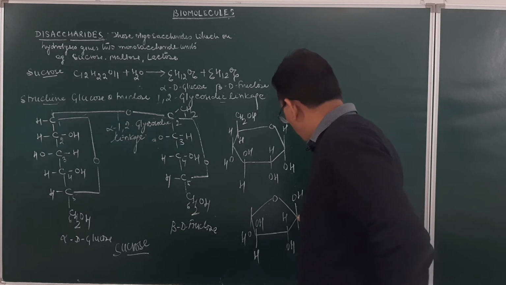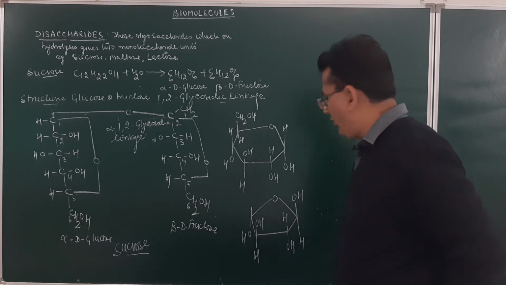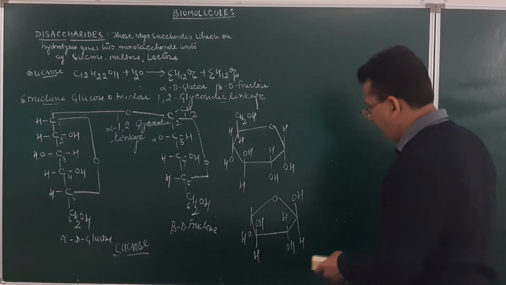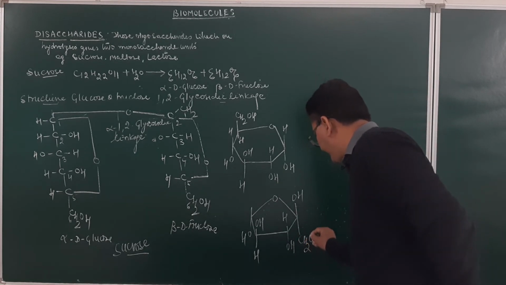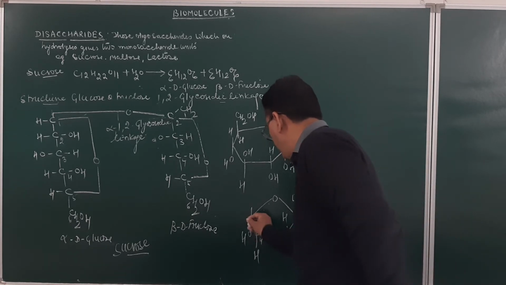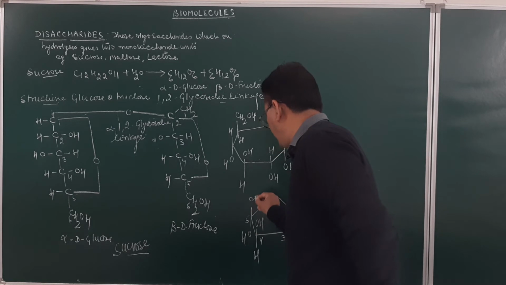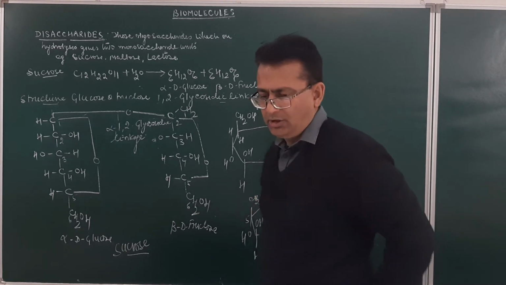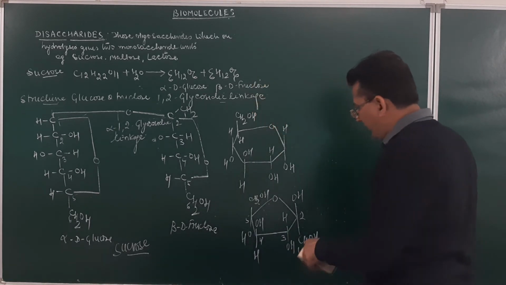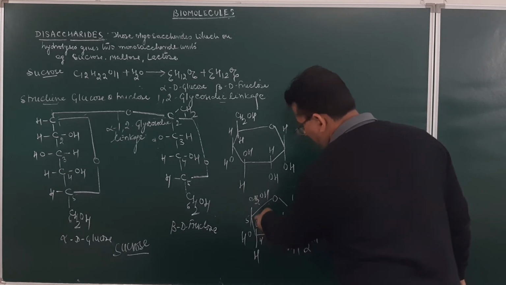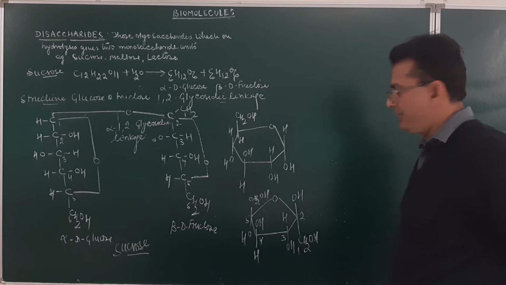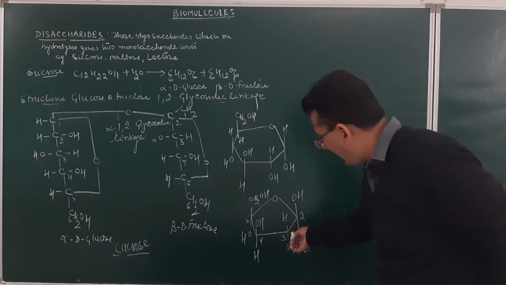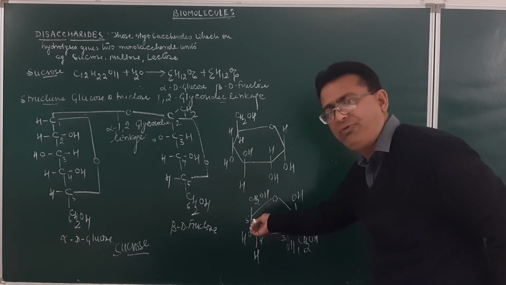Am I clear? This will be carbon number 6. This over here will be on carbon number 2. This will be CH2OH. So carbon number 1, 2, 3, 4, 5, and then over here will be 6. I think I shall be very clear. 2, 3, 4, and then a 5 carbon atom over here. Is it clear, student? You see, this is 5-membered ring. Carbon number 2 and carbon number 5 are connected.